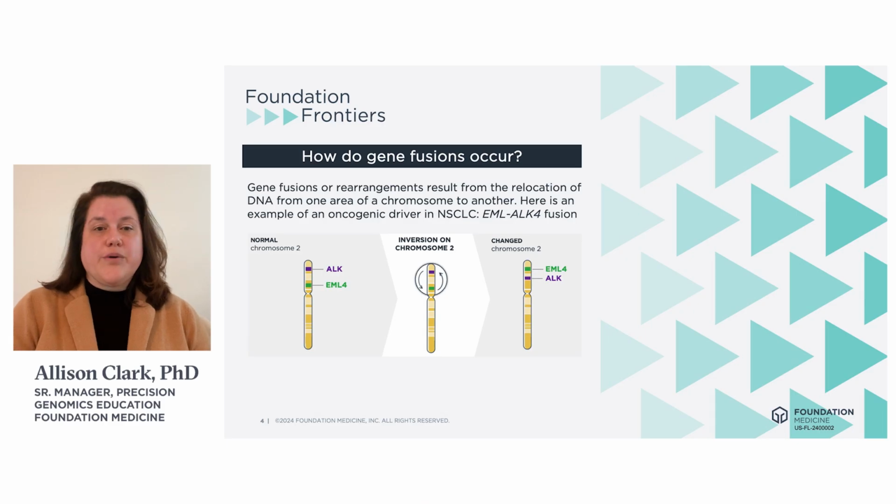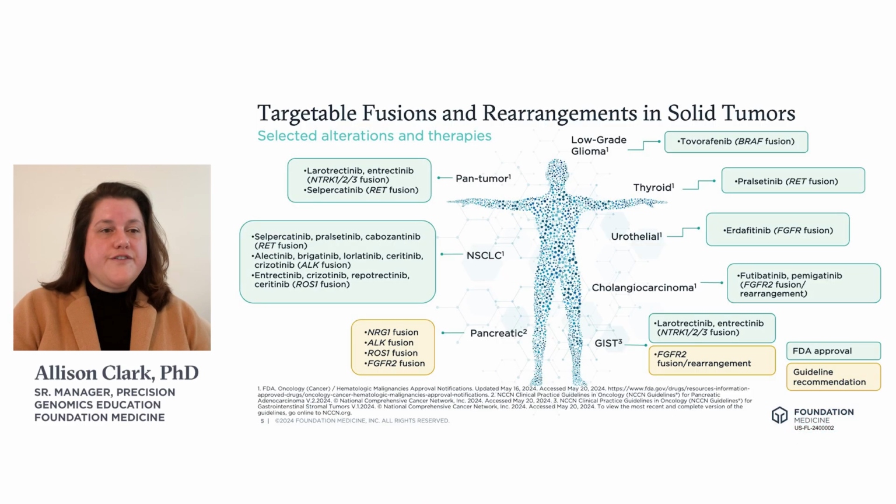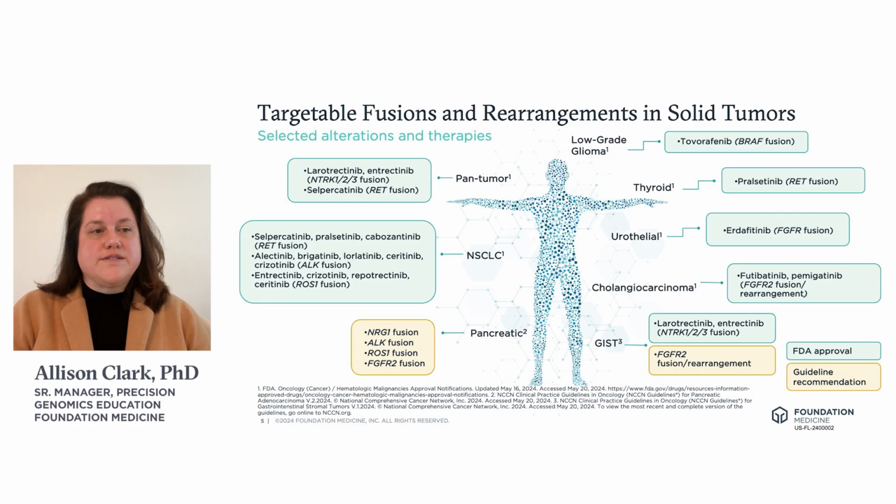Here we're looking at an example of an inversion on chromosome 2, which leads to the fusion of EML4 and ALK. This produces an oncogenic protein. Fusions and rearrangements have been targeted in multiple types of solid tumors. Some of these include non-small cell lung cancer, which is known to be enriched in oncogenic fusions. Here we think about targeting RET, ALK, and ROS1. Importantly, there are also pan-tumor fusions. Those include NTRK 1, 2, and 3, as well as RET fusions, which are present at low levels across various